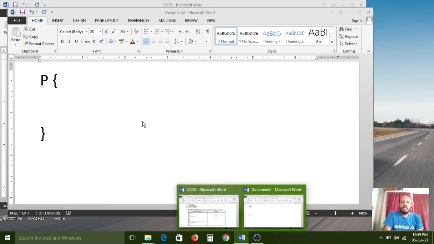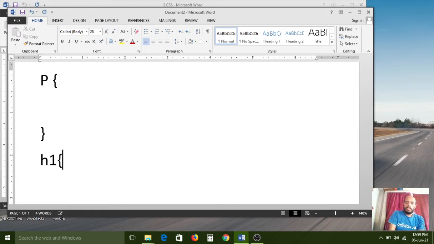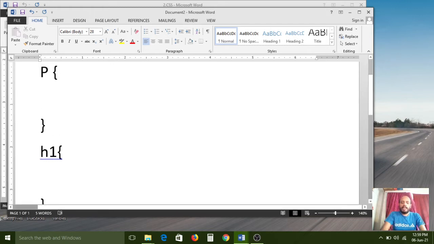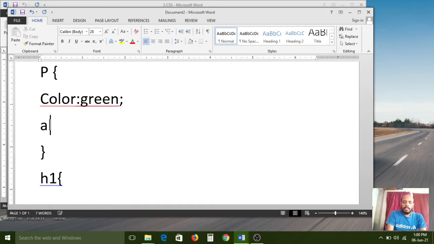Understand? This is one thing, and the next one is h1. H1 is one of the elements, nothing but one of the selectors. And here for the paragraph I am using color colon green semicolon, text-align colon center semicolon. So these two properties belong to the paragraph element. So how can you identify that this is an element selector?